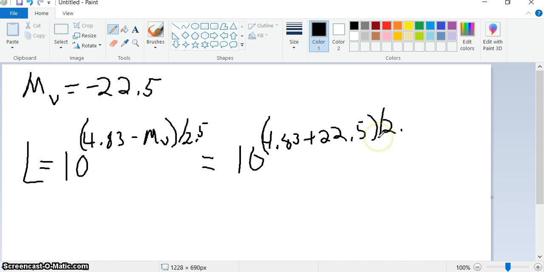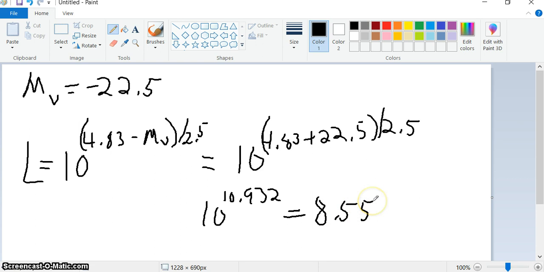Anyhow, it becomes 10 to the 10.932. When you raise 10 to that power, I get a luminosity of 8.55 times 10 to the 10th times the luminosity of our sun. All right, and the reason it's